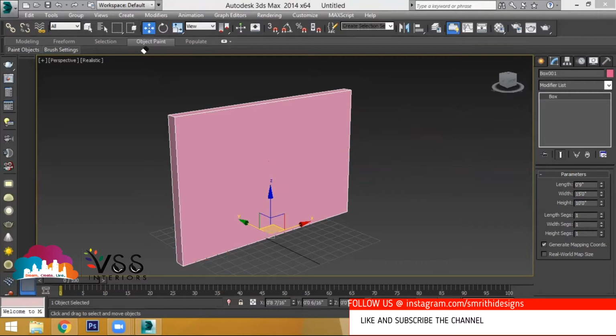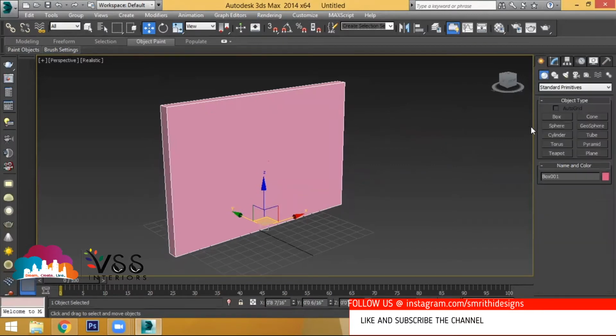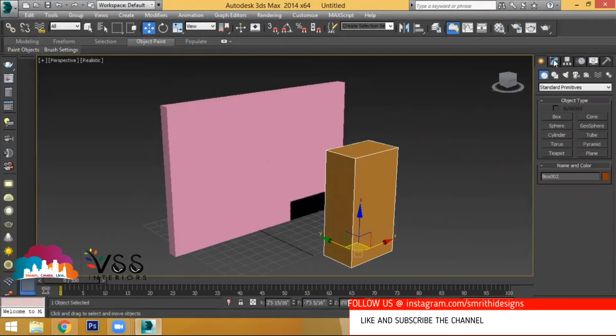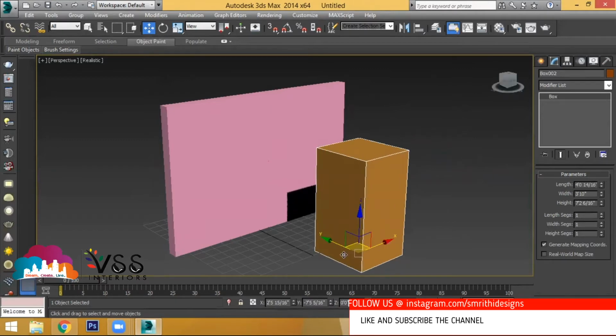Now let's say, you have to make a hole inside this. So you have to place one more solid object, so I am creating a box here. Let's say length should be more than your wall thickness. Whatever the wall thickness you have, it should be more than that, because it should be shown as a complete hole. It should be a through hole. A through hole is, whatever the object you're cutting in the front, the same should be cut at the back side also. That is called a through hole.